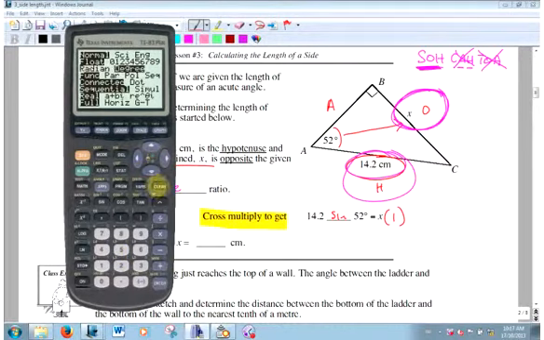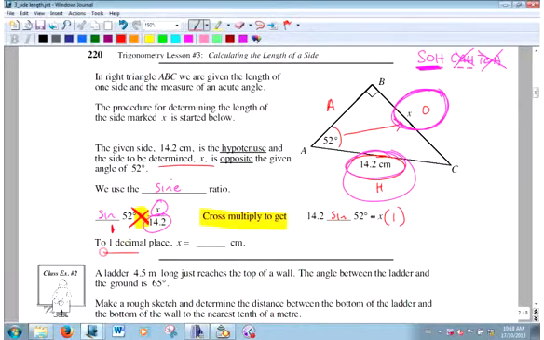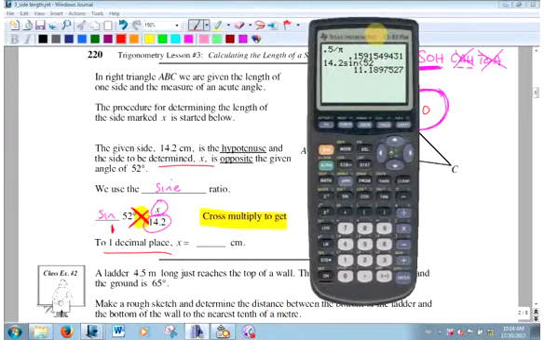Make sure your calculator's in degrees. If you've got a good one, I don't even have to put in multiply. My calculator knows that's what I mean. 14.2 sine 52 is 11.1897527, to 1 decimal place. What's that, Alicia? 11.2